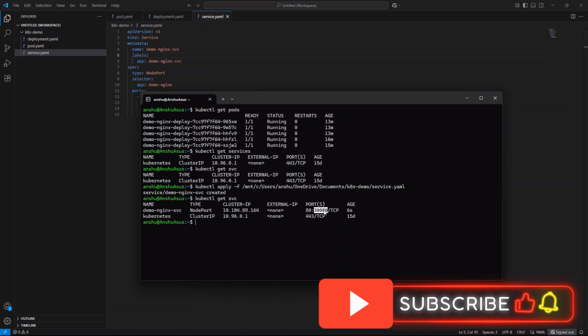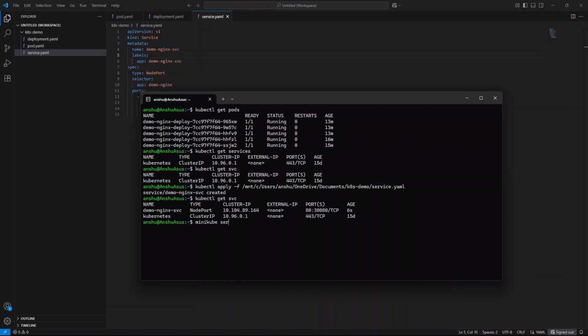Now, how to access this? So in Minikube, you can get the endpoint or the URL. So you can say minikube service, name of our service, so demo nginx svc, with the --url flag. So this is your URL. If I click on this, or if I copy this,